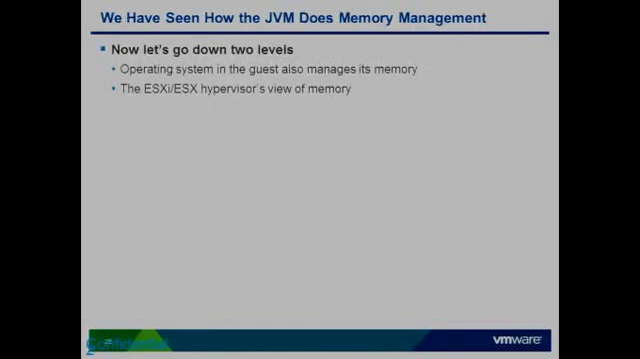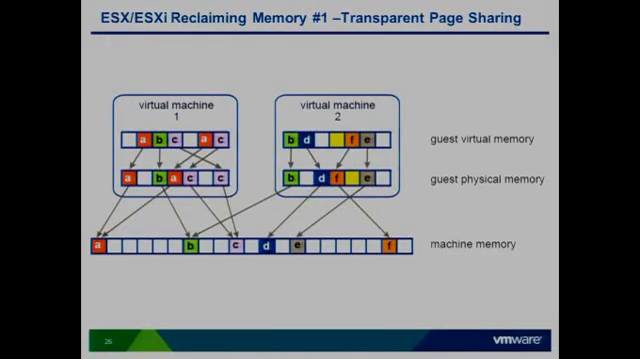So now we're going to go down two levels, down beneath the guest OS, into the ESXi hypervisor itself, and see what's going on there. Remember, we're on floor 2 here. We're now going to go down to floor 0, which is where the memory is really being managed at the hardware level. So the Java memory that I was just talking about is that top level there, the guest virtual